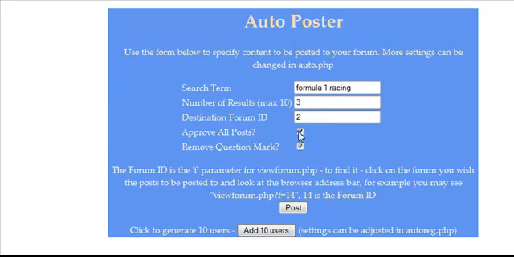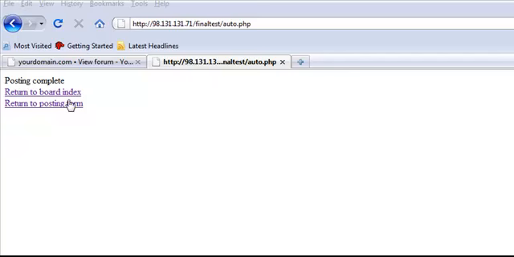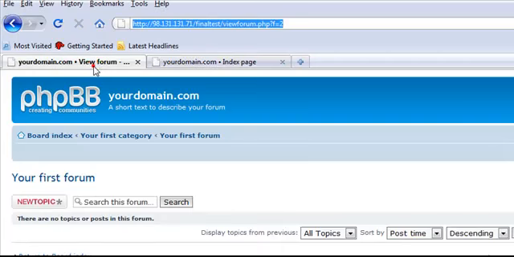What we want to do is have no approve, and we're going to remove the question mark. Some content fetched will have question marks at the end of the titles, but in my opinion it's a bit unprofessional, but I'll just demonstrate. You may want to keep them, so I'll show you how it can keep the question mark intact on the post subject. Refresh here,